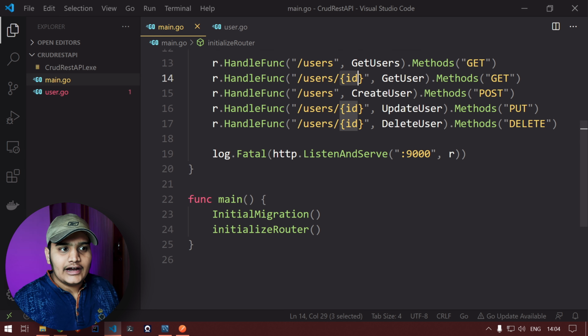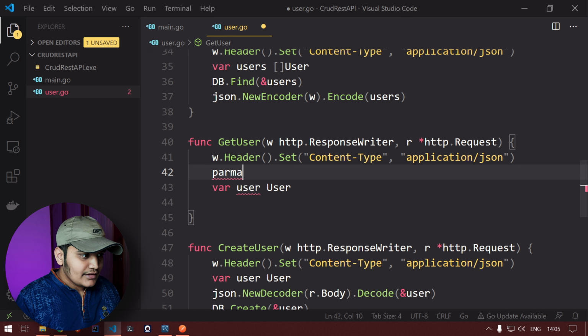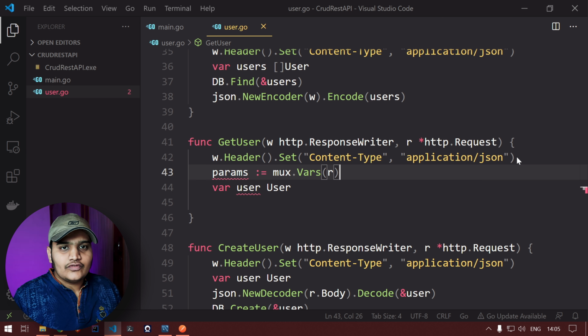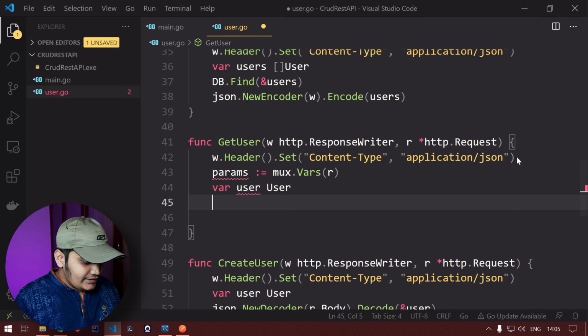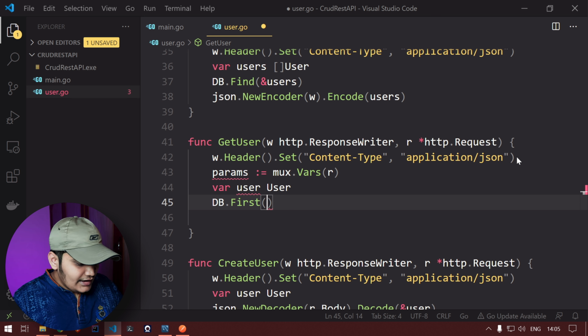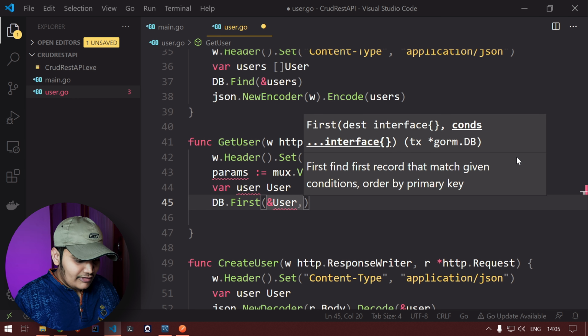We will take the params from mux.Vars of the request. From this mux router, we are passing the request, and from that we are getting the params. So let's find the data. We are saying db.First, of type reference to user, and we have to pass the ID.